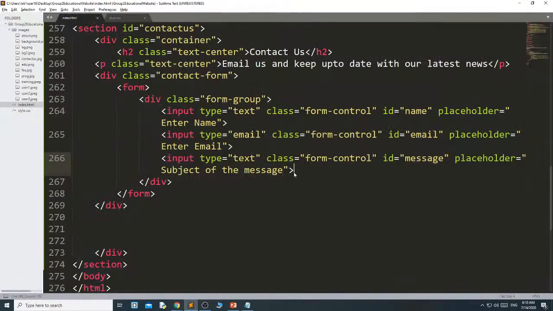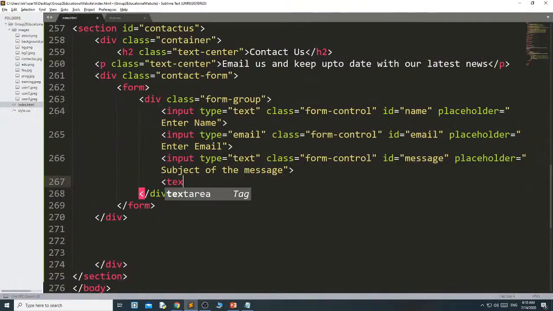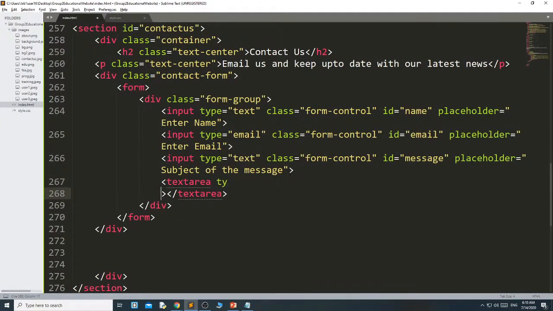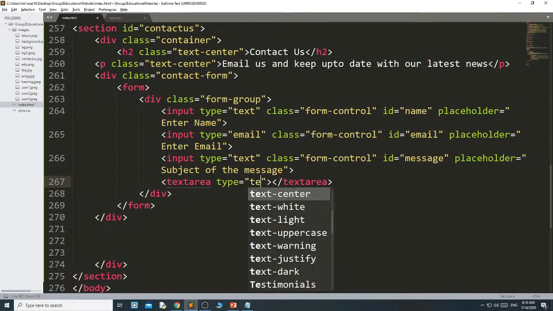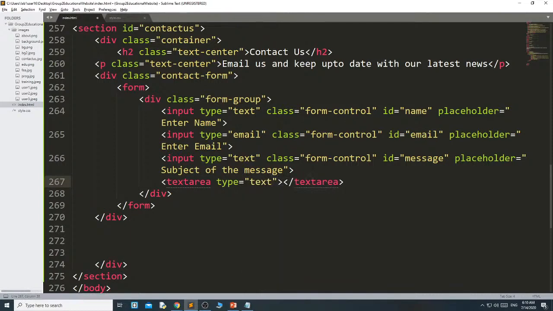Now I need a text area. That's why I have to write textarea. Type equal to text, actually textarea type is not needed. Textarea class form control.